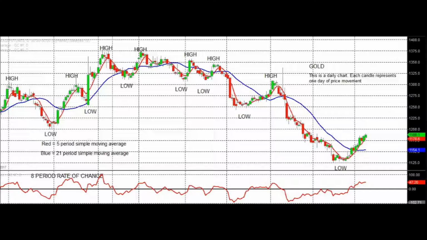So price and energy should be operating together, and the beauty of this is that rate of change should be just a little bit ahead of the movement of price. So if we see that's the case, then all is well. But if we happen to see, for example, a new high in price and we don't have a new high in rate of change, then that's a divergence and it's a warning. But we'll go into that. That'll be taken care of more fully in the book and on the website